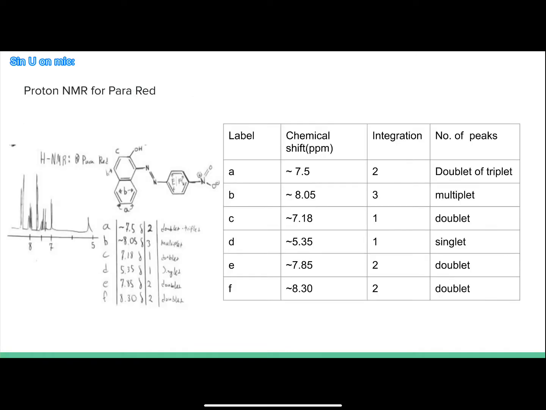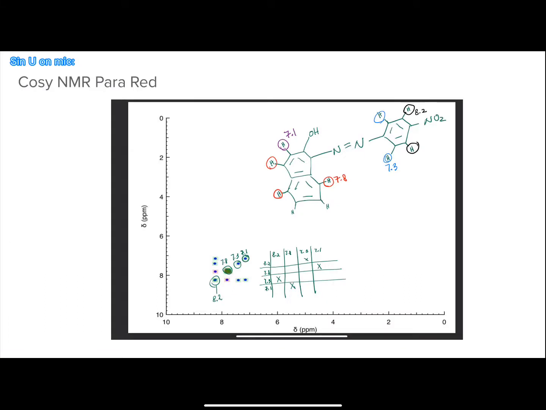For the proton NMR for Para-Red, there are 6 peaks in total. For B, it has an integration of 3 and is a multiplet. For A, E, and F, they all have an integration of 2, and each of them has a pair of symmetrical protons. Looking at the COSY NMR for Para-Red, we see 4 distinct signals: 8.2, 7.8, 7.3, and 7.1,